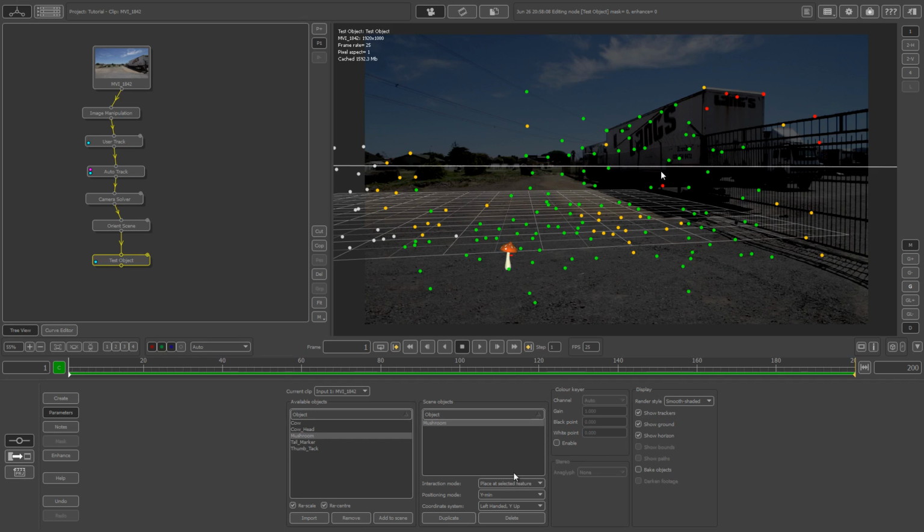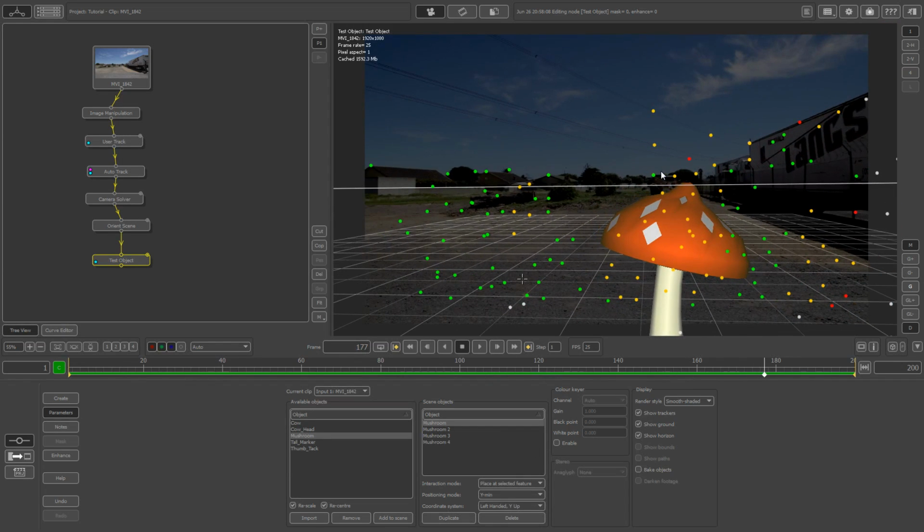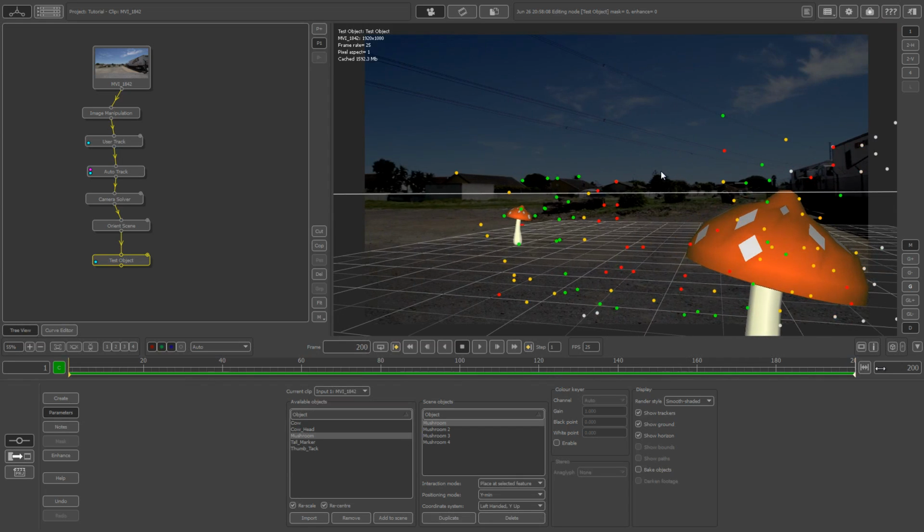Let's just scale that up a bit. So select scale, scale it like that, and then just change this back to place at selected feature, and just click on the dot again to make sure that the base of the test object is actually on the floor. And then what you can do is you can click on duplicate, and then just click some of these dots. Let's put one right on there, scroll through here, duplicate maybe one there,